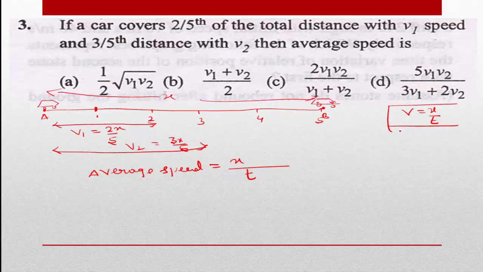How to calculate it here? Total distance traveled divided by total time taken. Here, if a car covers 2 by 5th of the total distance with v1 speed and 3 by 5th distance with v2 speed, then the average speed is x divided by t is equal to